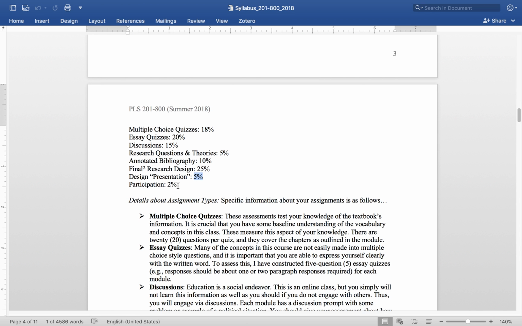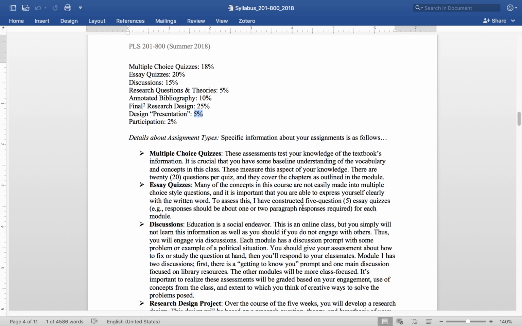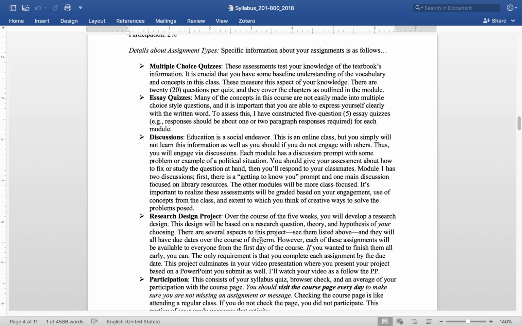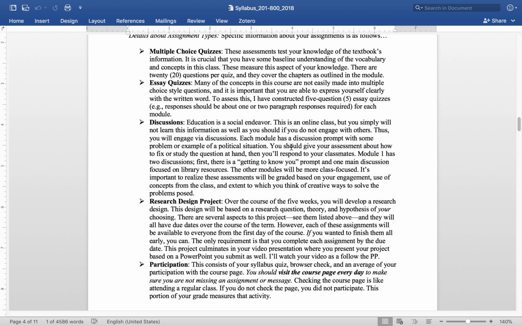And then, of course, you have a 2% participation grade, which is basically like you do everything on time, you get 2% added to your grade. All right? Sounds good. So again, here are the descriptions of those things. Please take a look at this. You want to make sure that you have done the assignments in the way that I try to give you very thoughtful, very well explained assignments. So if you do have questions, of course, you have problems, send me an email. We'll talk about it. Obviously, you want to give me some lead time. You don't want to send an email the day of an assignment is due, and that's just all kinds of